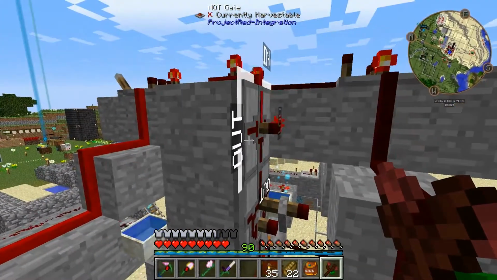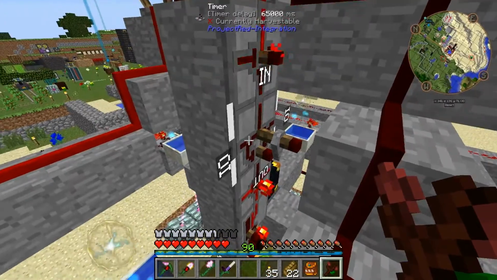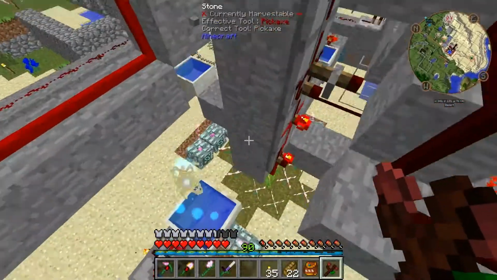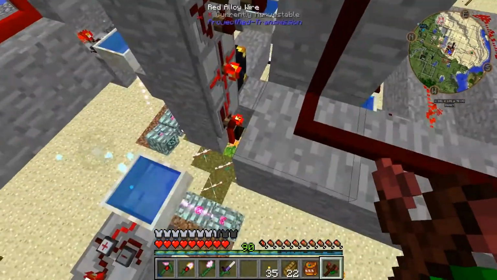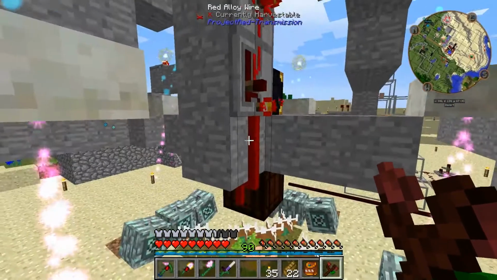I've got a NOT gate. I don't know why I did a double negative. I've got 2 NOT gates, but they'll come down into a timer. So when this one is emitting a signal, it will start the timer, and the timer I have set up to 65 seconds because it's a long timer for the Kekimurus to actually eat the cake once it's dropped. But this timer is going to control the dropping of the cakes, and once the timer goes, this